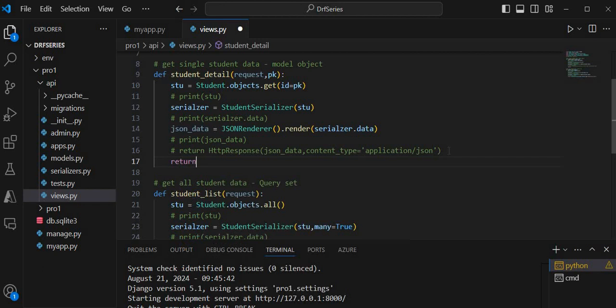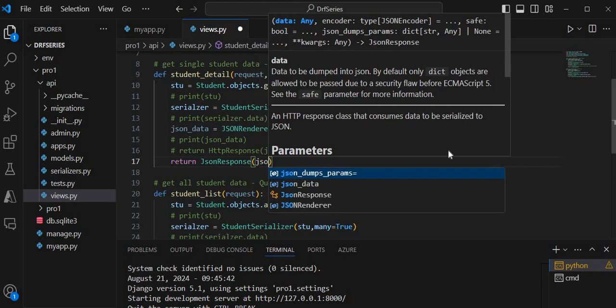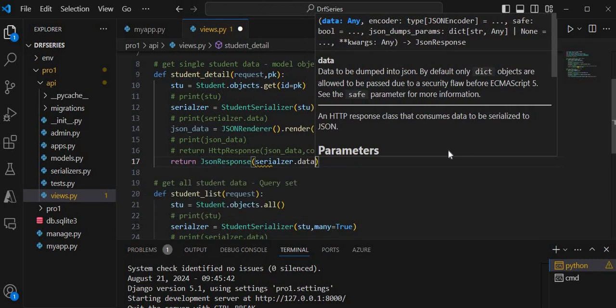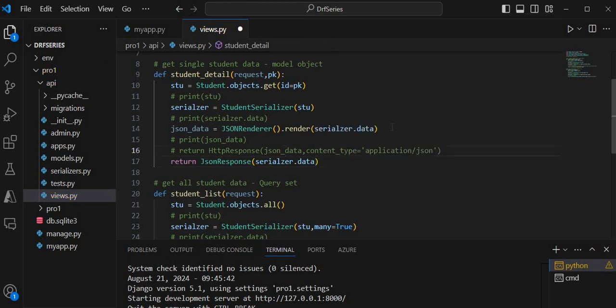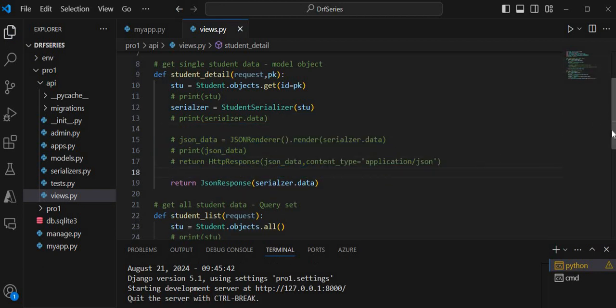Let me use return JsonResponse, and I am passing serializer.data inside this. Instead of using these two lines, I am going to use one single line. Let me save this